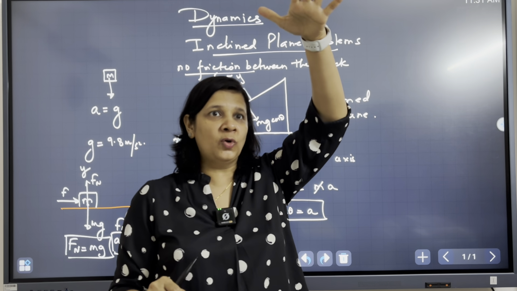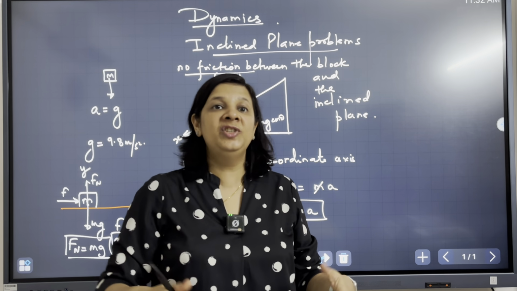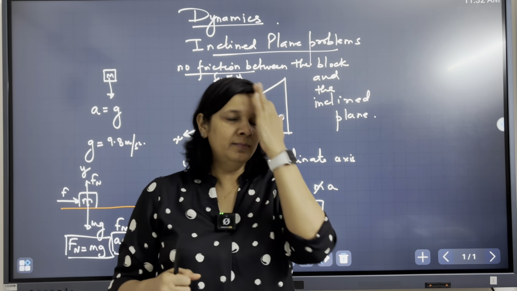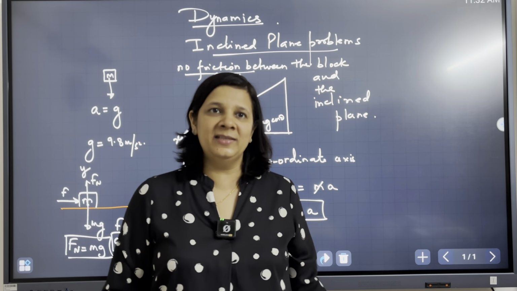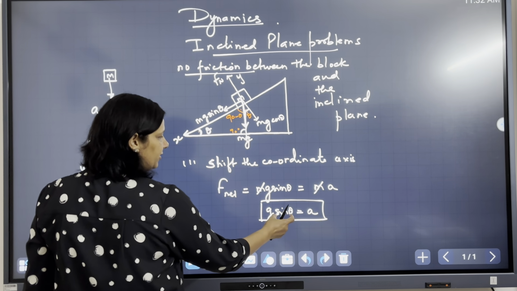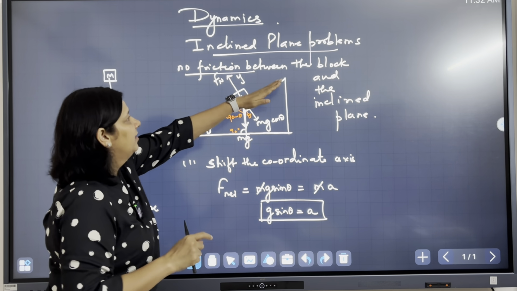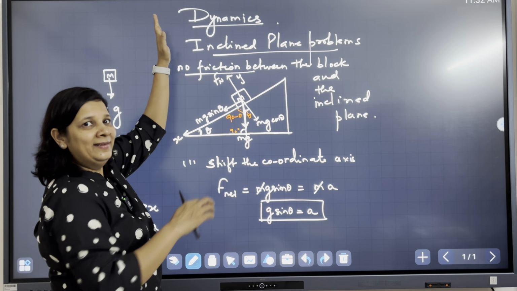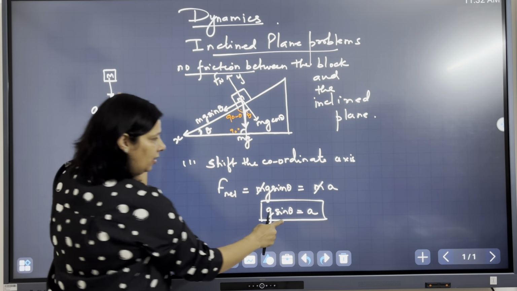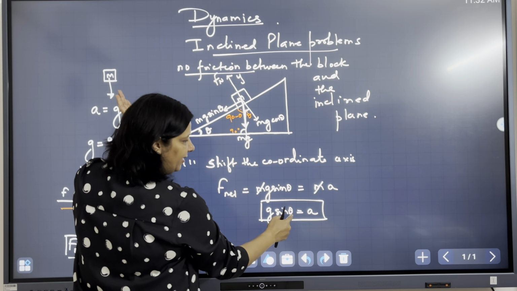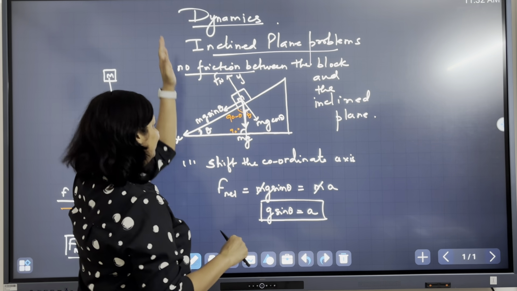When any object is dropped, acceleration is g. But when it is coming down on the incline, it is g sine theta. It is reduced by sine theta, okay? Because the acceleration will be less than g, because the maximum value of sine theta is 1. So you can just imagine when theta becomes 90 degrees, then it is equivalent to saying the object is dropped in a vertical direction. So when theta becomes 90, sine 90 is 1, then a becomes g. Okay, it is fine, right?